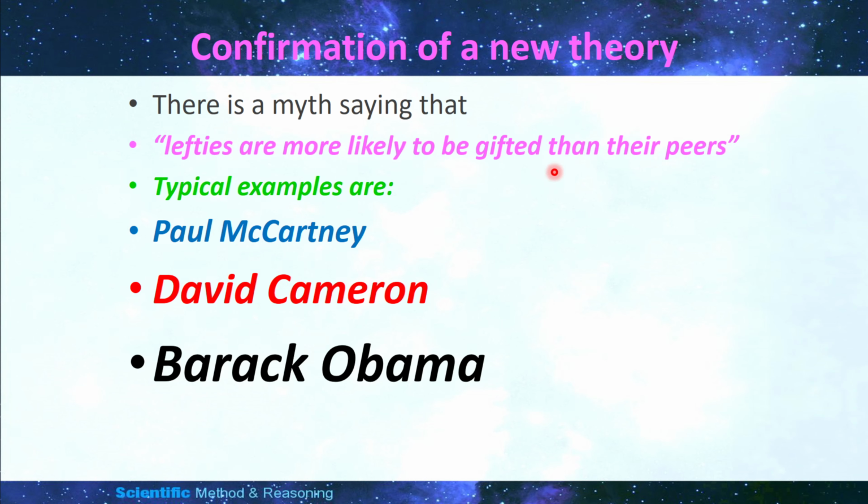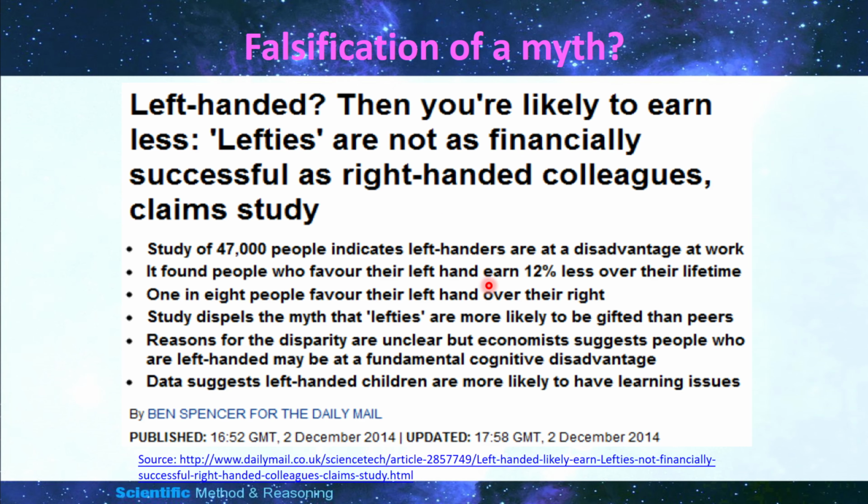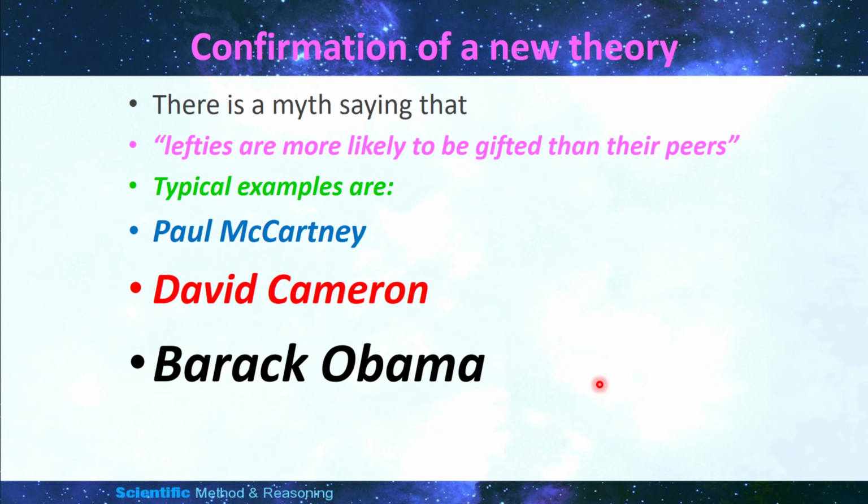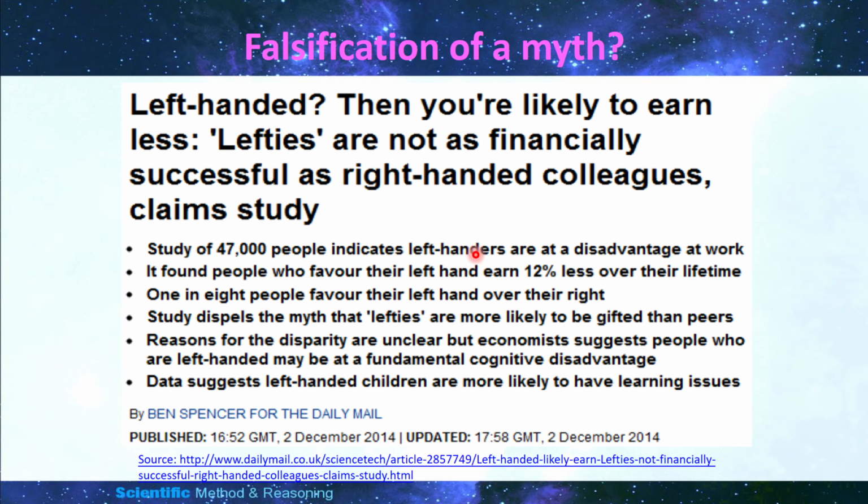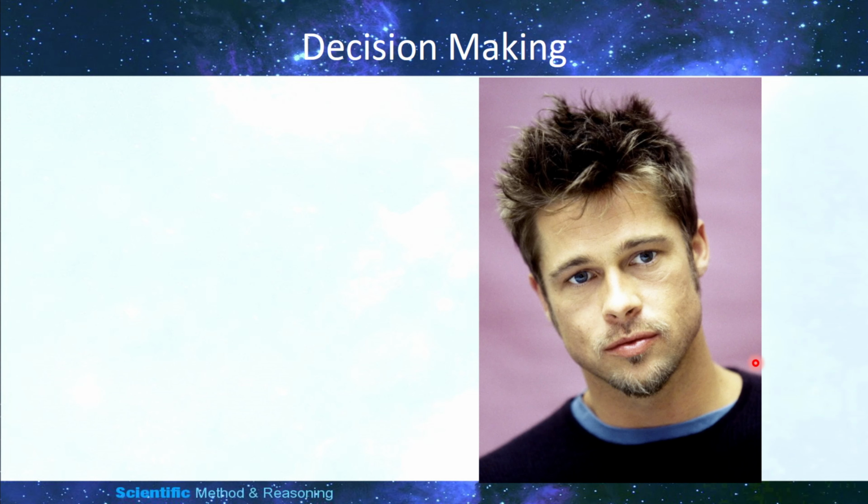For example, there is a myth saying that lefties are more likely to be gifted than their peers. And there are some typical examples like Paul McCartney, David Cameron, and Barack Obama. But whether this is true or not, because these are biased samples from the general public, one would have to carry out a statistical analysis by carrying out an experiment to determine what's going on. Now, statistical hypothesis testing involves decision making,